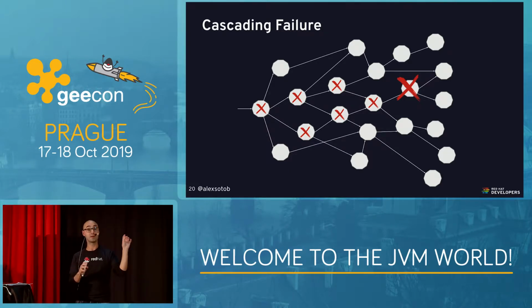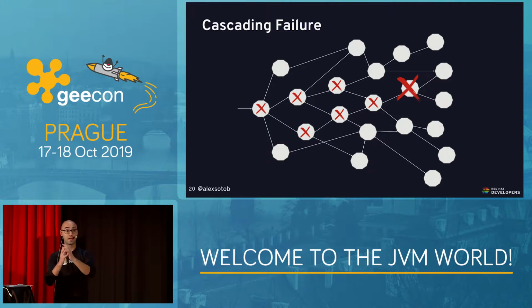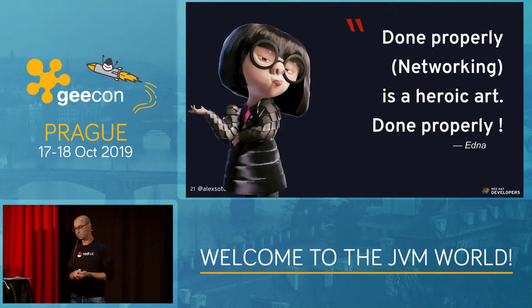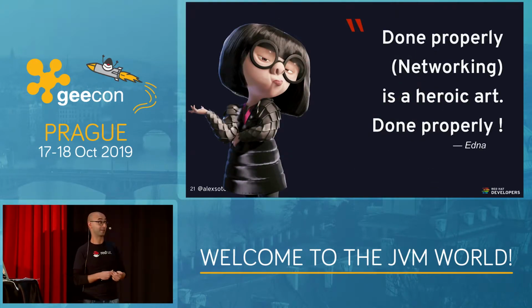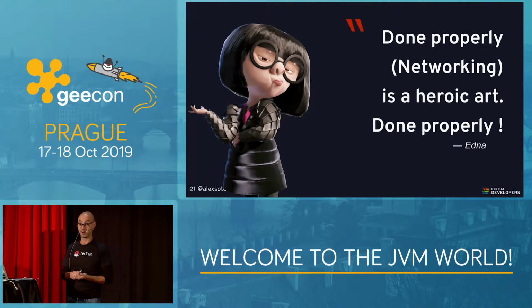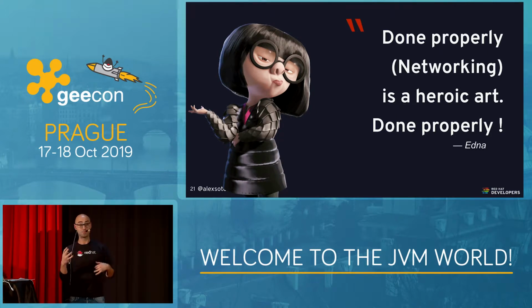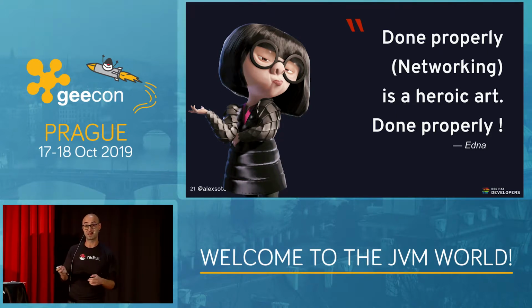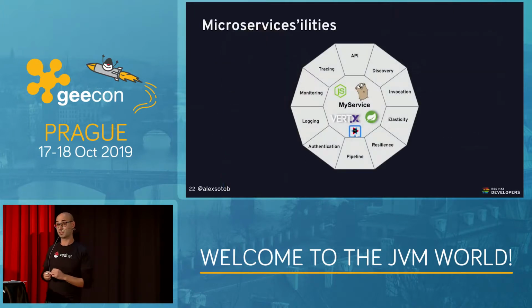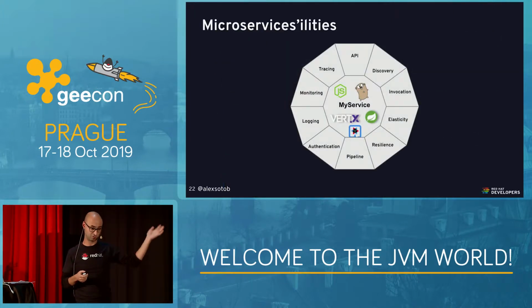So now instead of having one specific problem, we've got a problem spread across all the mesh. So as you can see, done properly, networking is an heroic art, right? So it's not easy as a memory call. For these reasons, microservices implements one thing that I call the cross-cutting concerns of microservices, which looks something like that,